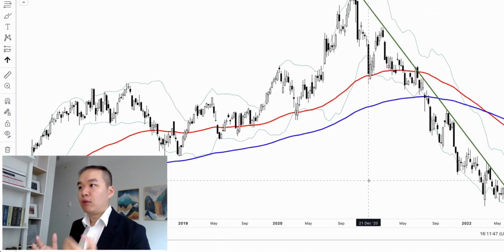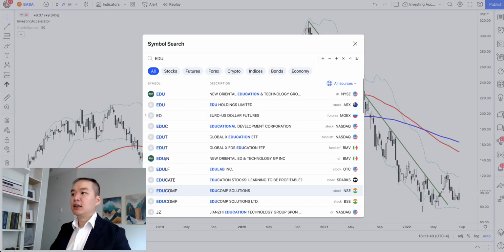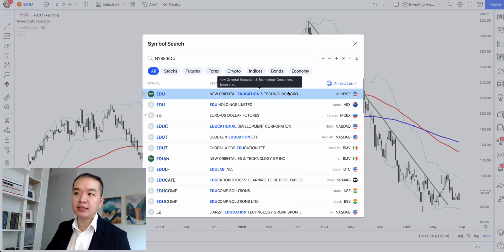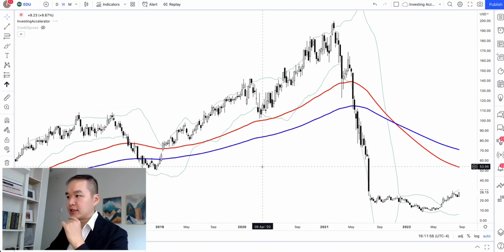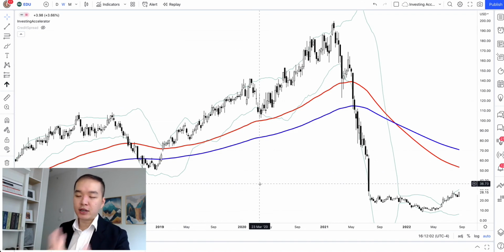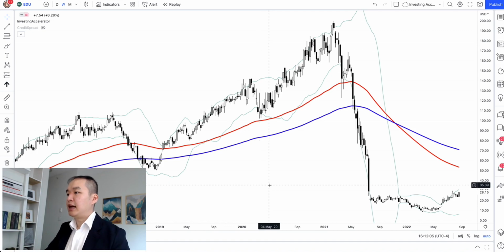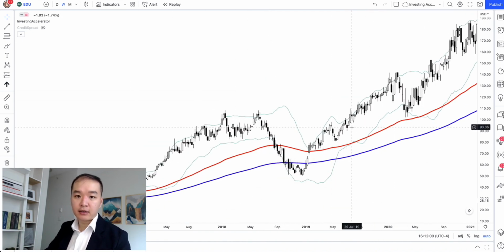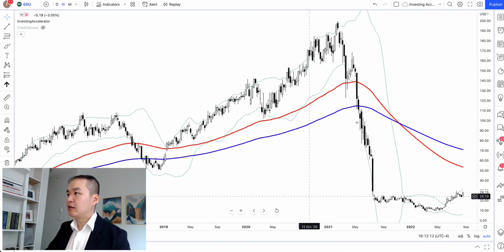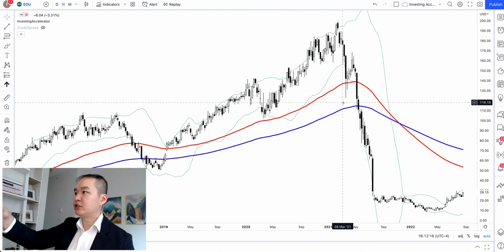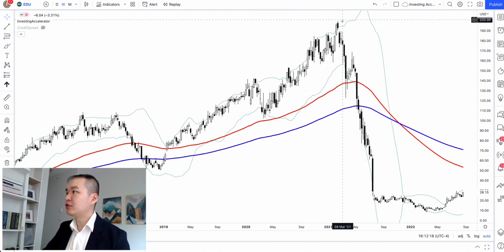And let me give you one of the examples. So EDU, New Oriental Education Technology Group. This is actually a stock I analyzed within Investing Accelerator, but personally, I didn't know it enough. So then I didn't invest in it. And some people who are more interested in education actually invested in it. And here you can see historically, the stock itself has a very strong trend. It's fantastic. And then you might be wondering, hey, as of mid-March 2021, what caused this giant drop from $190